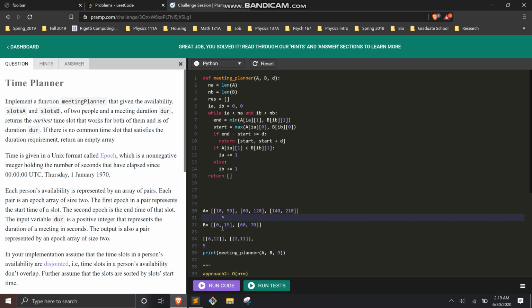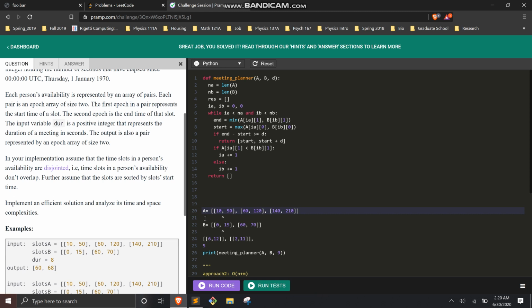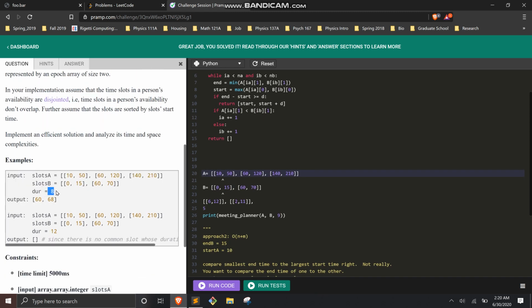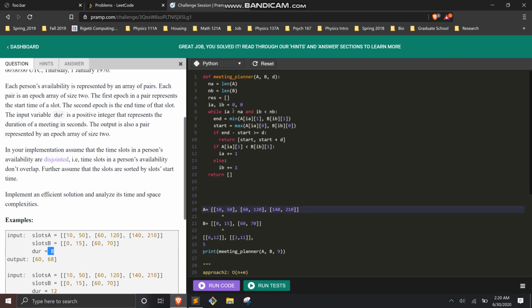So let's say you have a pointer here, and you have a pointer here. We take our base example that we're given, and by the way, what we want to do is find an overlap between these two slots, and we want that overlap to have a duration of 8. So what my code does is run a while loop